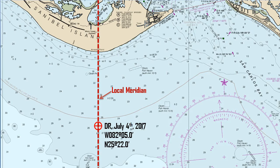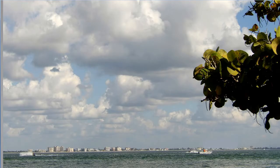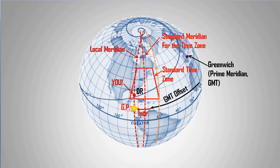But for the sake of this exercise, let's assume that you want to rely on the noon sight of the sun to be able to do that. So we have to calculate the exact moment of passing of the sun over our local meridian. So let's take a look at the bigger picture of our problem. So we can see the coordinate system and the grid, with the meridians going east and west from the prime meridian at Greenwich,